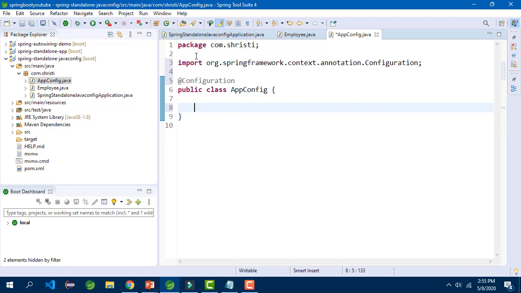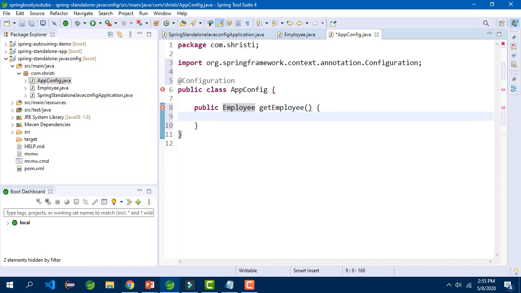And this method should be annotated with @Bean, so that the IOC container can understand that it is a bean definition. The method name can be anything. The return type is Employee. The method should be public.